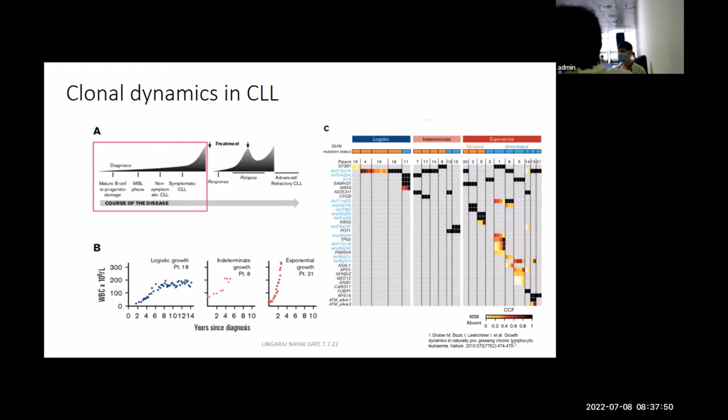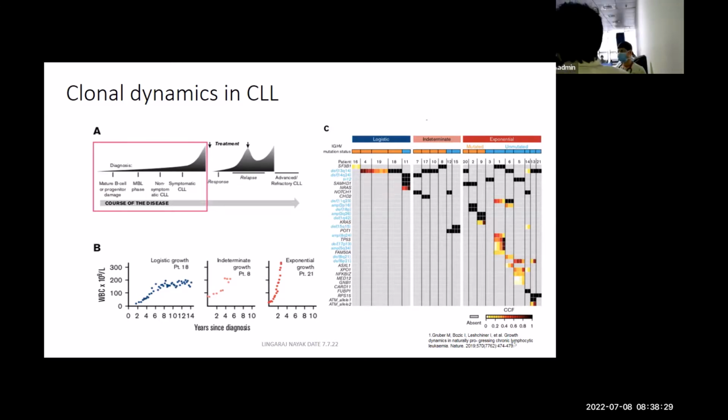So that means you will have progression of CLL, but at some point of time they stabilize, with some variations. In another group, progression is ongoing, continuously, with exponential growth. So what is the difference between the two groups? When they looked at the mutational pattern, they found that those having exponential growth are likely the unmutated ones. This is the red one you can see, and they mostly have a lot of mutations. In the group with logistic growth, there is hardly any mutation, so the genetic stability is good. Unlike the unmutated ones, which are genetically unstable, with a lot of mutations and rapid proliferation.